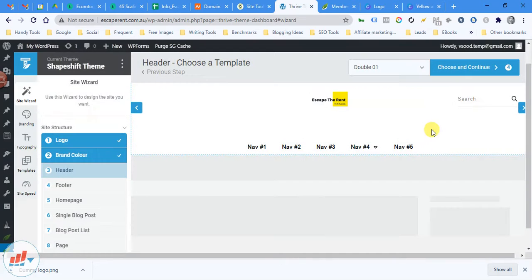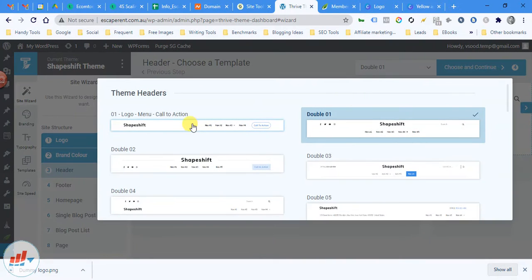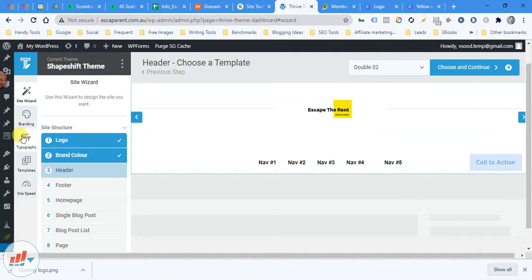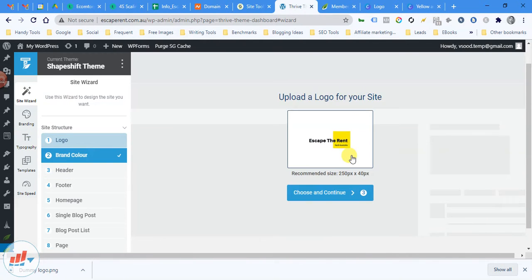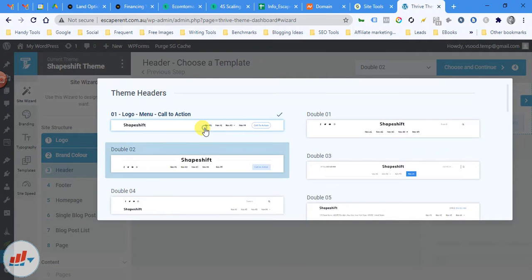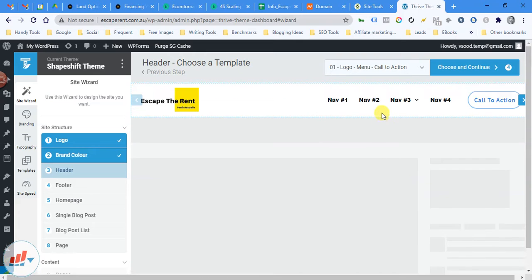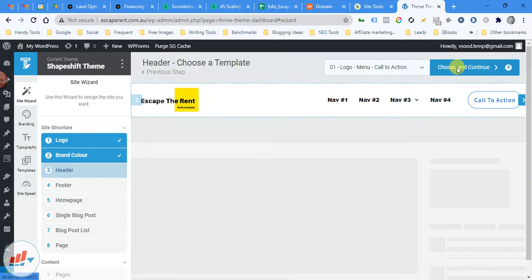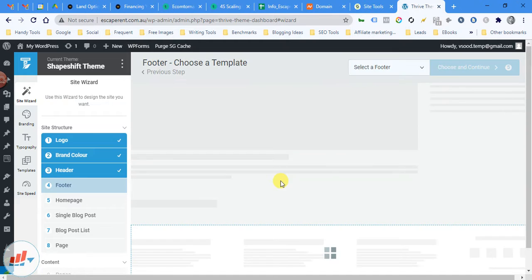Let's start with, no, I think this will take a lot of space. I think our logo is taking a lot of space, so maybe we need to reduce the logo size. Okay, so we have reduced the size of the header, and now there are different options that we are getting, this option too. Okay, there are different options that we can choose, but currently we'll start with the basic option, choose and continue.